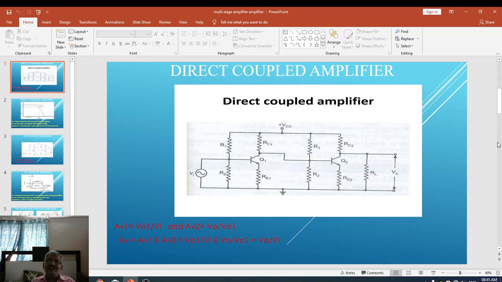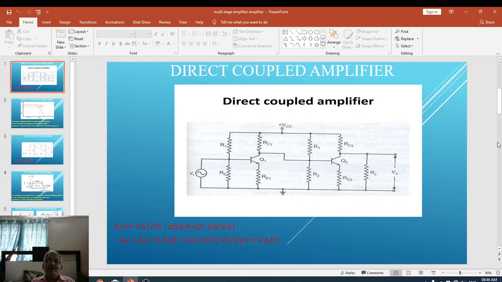If both the transistors are the same, in the sense that both are in common emitter configuration, or both are in common base configuration, or both are in common collector configuration, and the output of the first stage is connected as an input to the second stage, then that method is known as cascading of amplifier, or it is called coupling of amplifier. And while coupling, if one of the stages is in common emitter configuration and the other is in common base or common collector configuration, under such a condition it is known as a cascode amplifier.